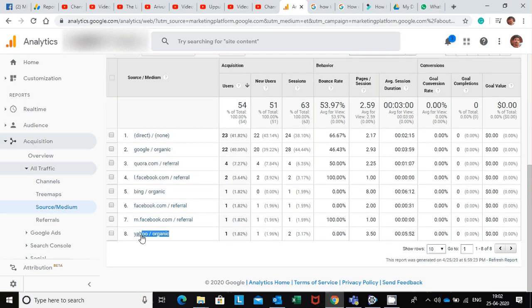And there is also traffic from Yahoo. So this is a new site, so traffic is just coming up. Okay, this way you can get the number of the organic traffic coming to your website. You can also,